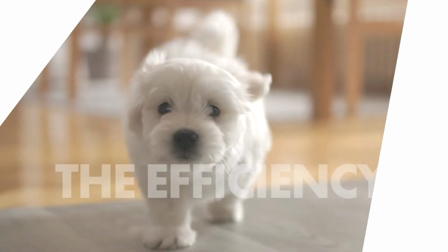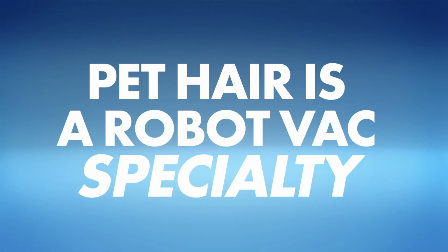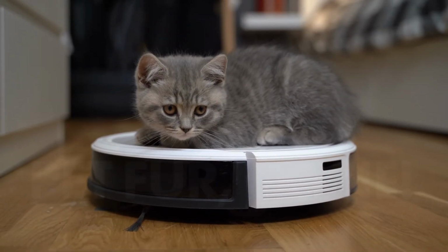4. The fur-free efficiency. Furry friend got you working overtime on floor cleaning? Pet hair is a robot vac specialty. Schedule a daily clean and say hello to shiny